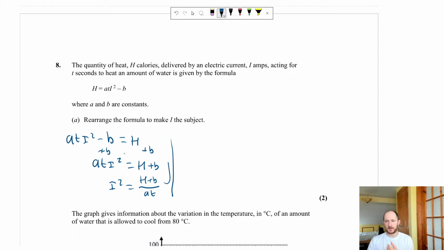And the last thing you want to get rid of is the indices. So how do you get rid of a squaring? You square root both sides. So you get